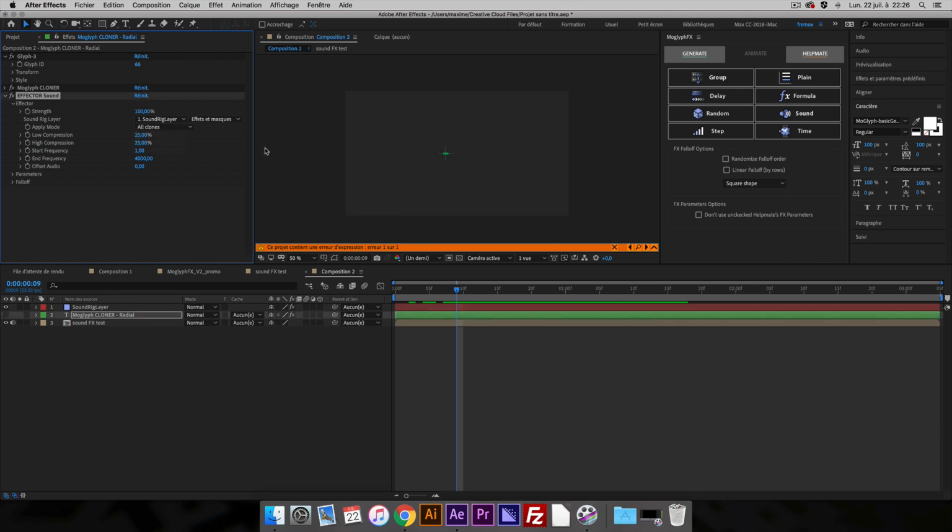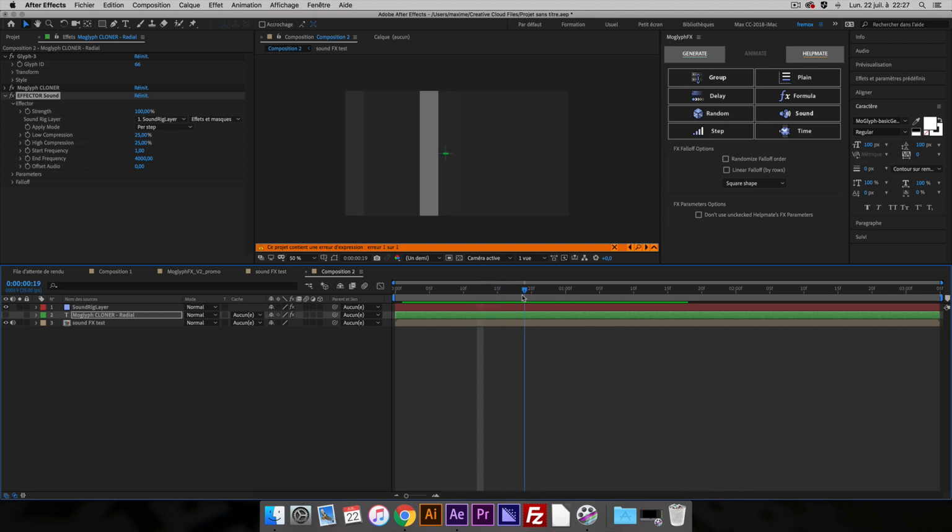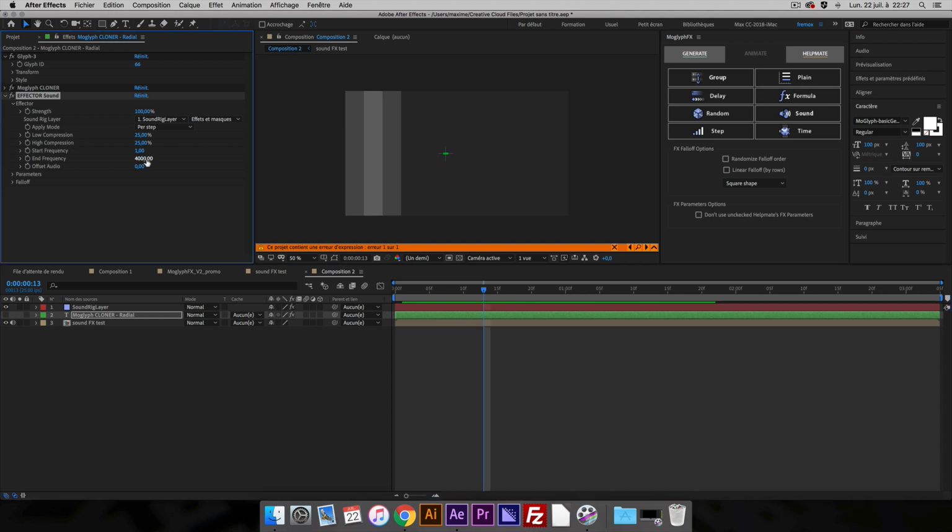If you choose all clones, it will animate all the glyph at the same time, but as you can see, there isn't enough information here. And per step means that all your clones will be animated independently depending on the frequency of the audio. And as you can see, all my bands are towards the left border, so I have to correctly set up these options here. So the end frequency is way too high regarding my audio layer, so I will